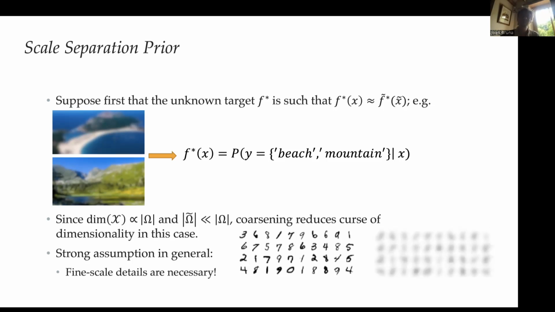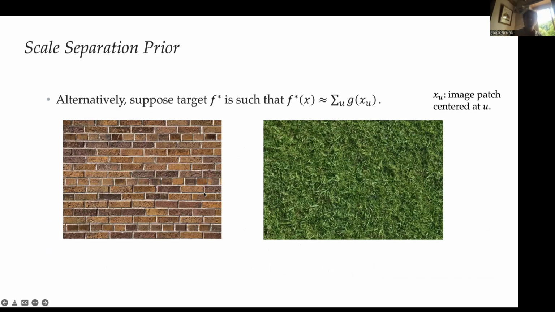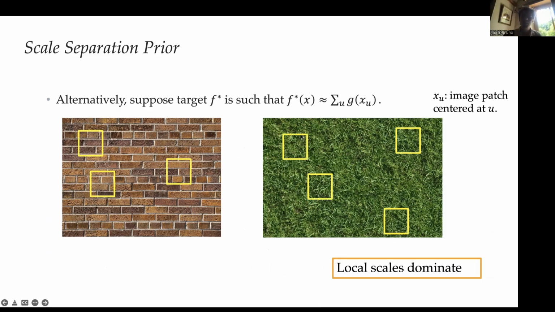So what it means is that the assumption I just made for this example of the beach and the mountain is a very strong assumption. This cannot be the basis of geometric deep learning. We need to be careful. So here's another flavor of this idea. There's another thing that we can assume instead: that the target function can be approximated as a linear combination of functions g that, instead of depending on the full image, only depend on